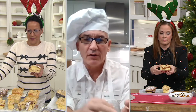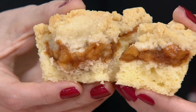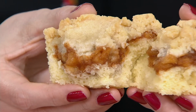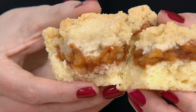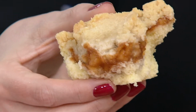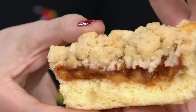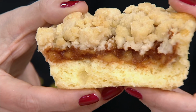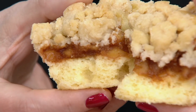Well, the thing is that when we made them in big sheets, invariably there are corners, there are edges, and we would always get edges. So by baking in the paper squares, the paper doesn't conduct heat very well like metal does. So therefore, it really bakes gently around the edges. That's number one. Number two, what it does for us in the baking process, and what Mary's doing such a wonderful job showing,